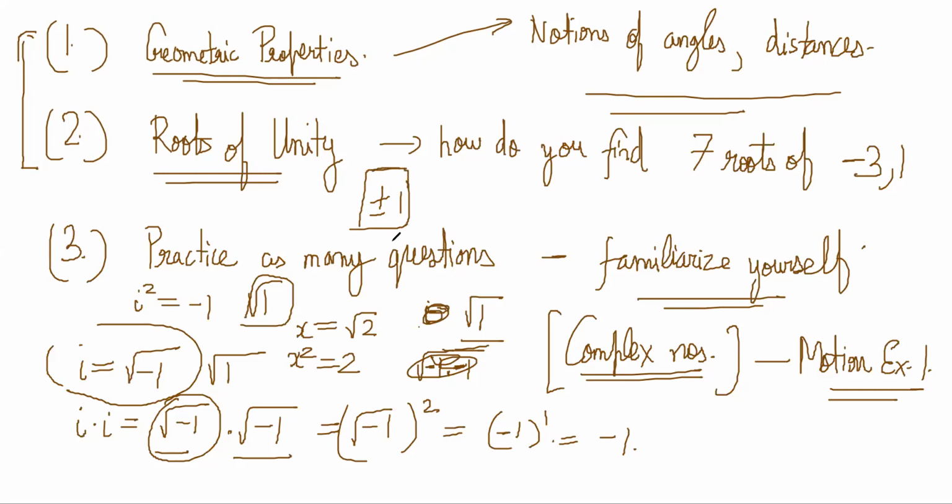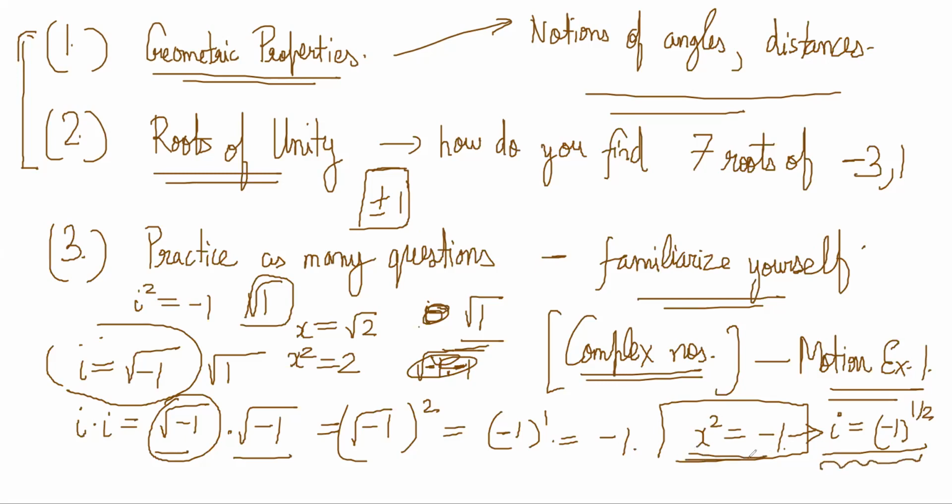I got it. So now there is a new thing. If the question was x square is equal to -1, now what? So you have defined something called i, which is -1 to the power half, for that question, not for normal real numbers. And you also know how to do root of 1, right? This is a new thing to handle this question. And anyway, this is not the main thing.